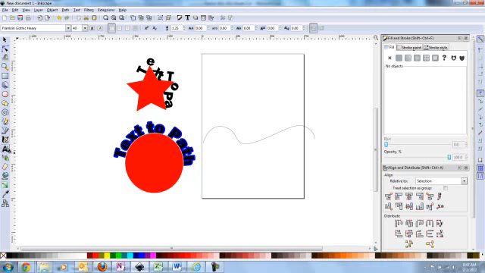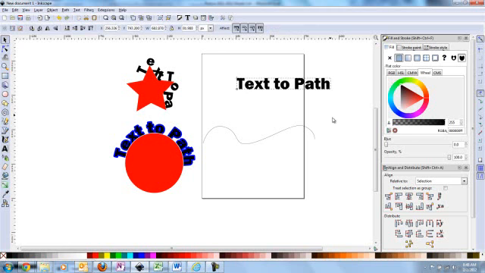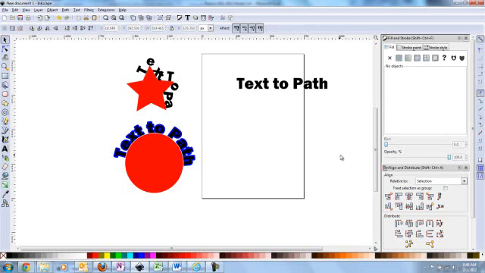The first thing you want to do is obviously get your text tool. Again, remember, just click once and then type your text. So I'm just going to say text to path. Okay, I'm going to hit F1 and I'm going to go ahead and make that larger. Okay, I'm going to delete that out and I'm going to show you how to use what's called the Bezier